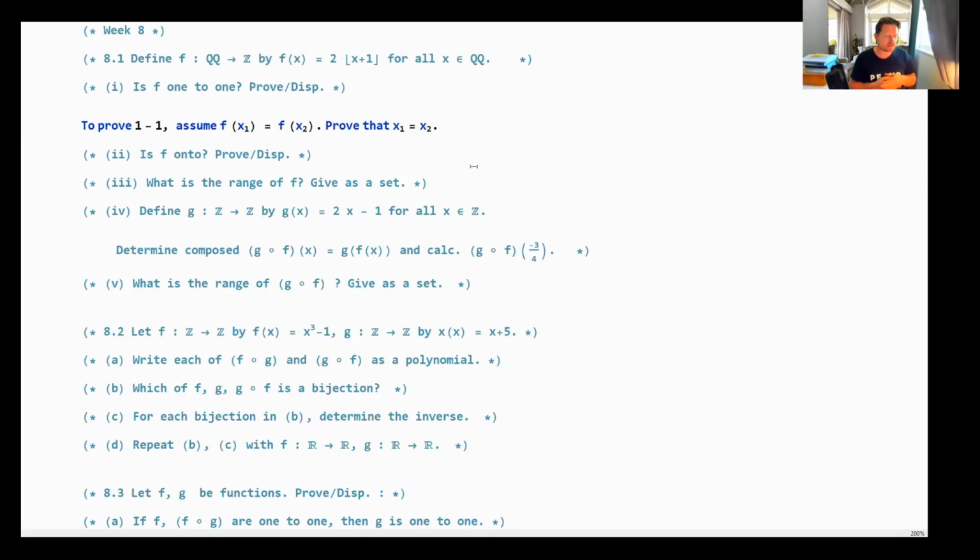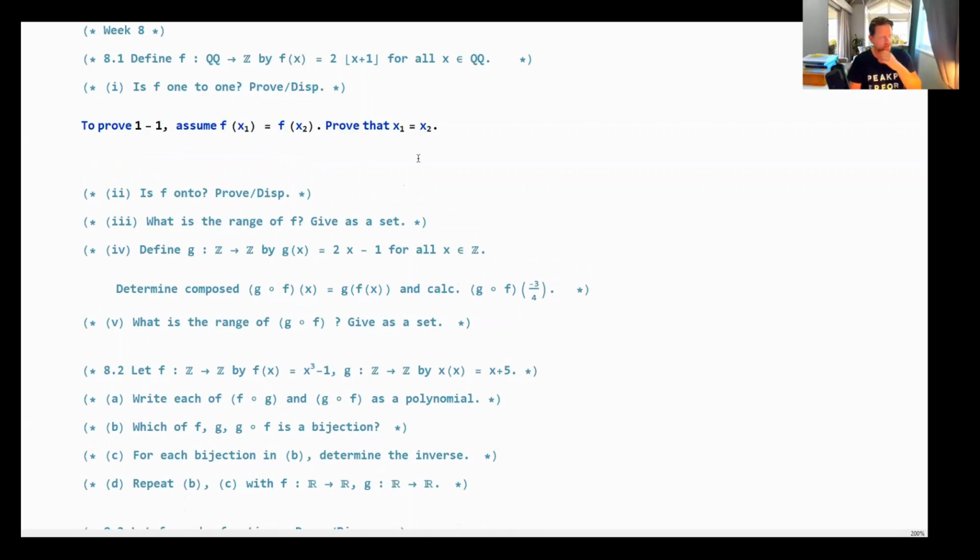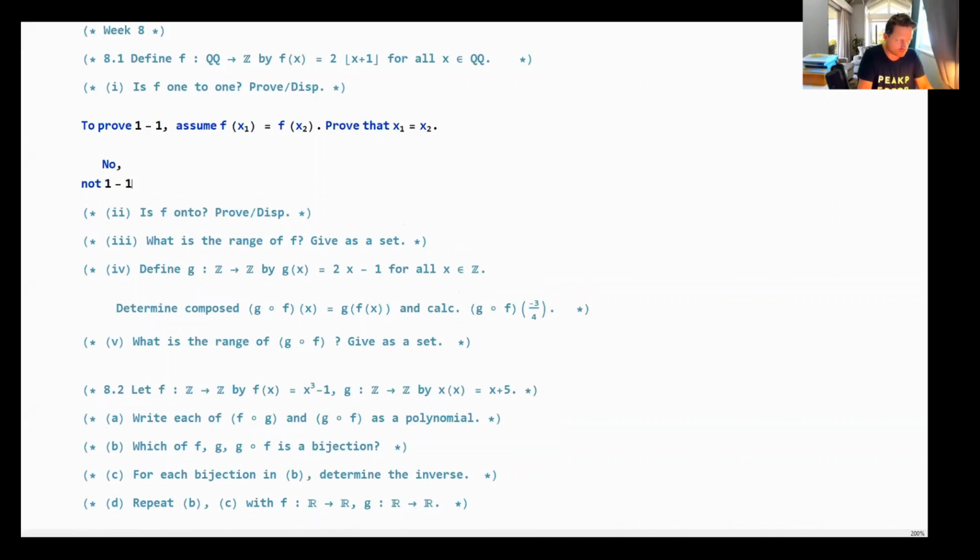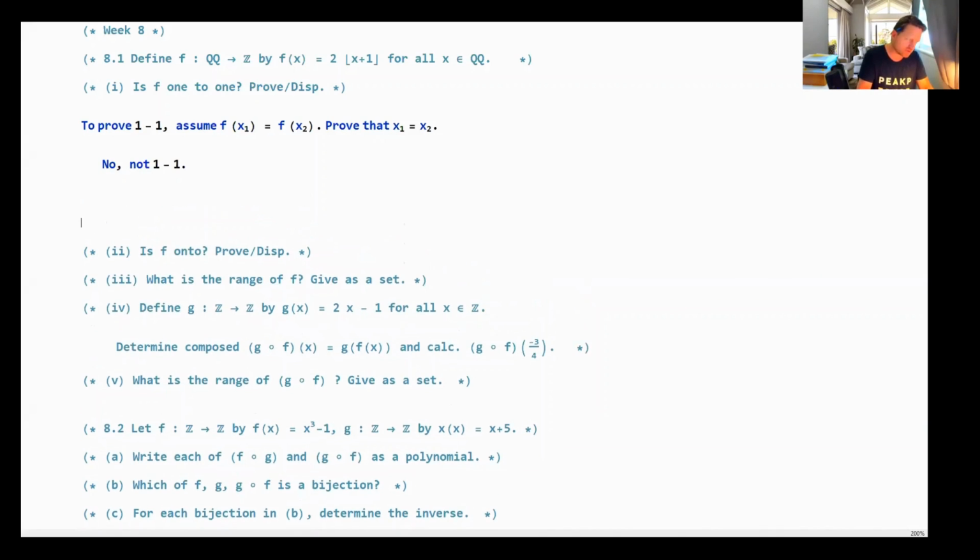All right, but in this case, you can notice, because of what this function does, right? It sends x plus 1 to the greatest integer less than or equal to it. So you can imagine quite easily that two x values can end up at the same y value. Okay, so basically we're going to disprove this because it's quite clear that it's not one-to-one. Okay, so we'll say no, not one-to-one. Okay, and the reason why is